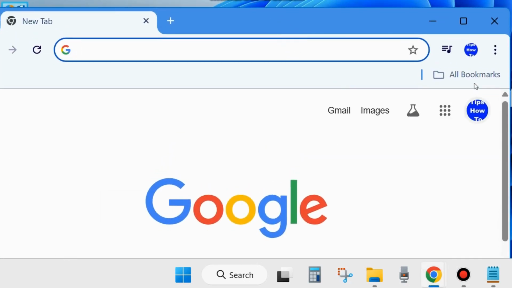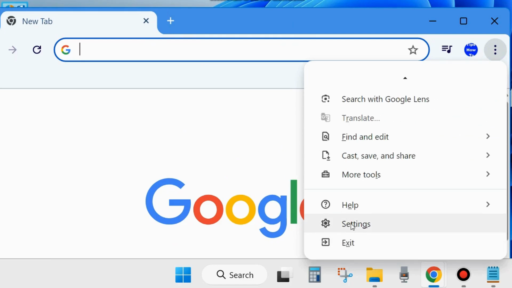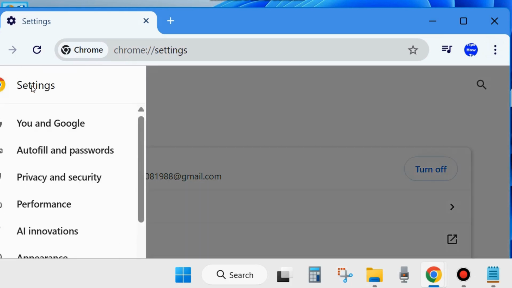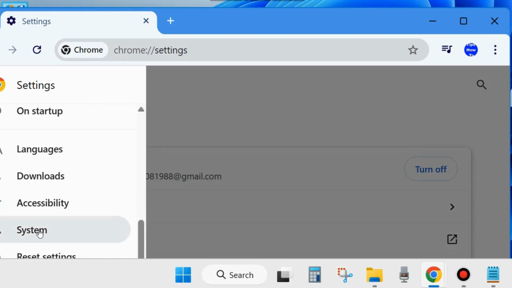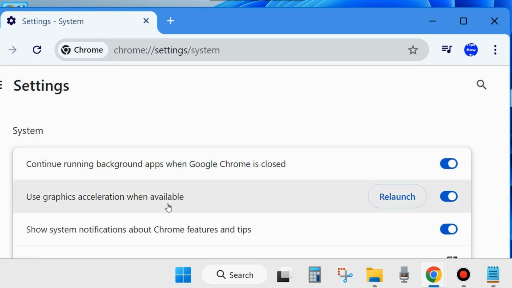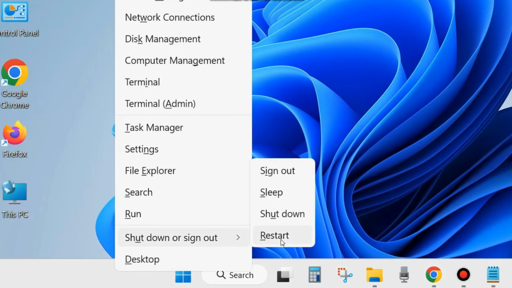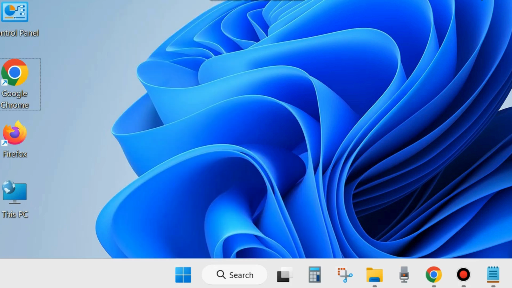Again open Google Chrome browser and click on the three vertical dots against the top right corner and choose settings. Here click on the three horizontal lines against the top left corner and scroll down and go to system settings. Here you will find the option use graphics acceleration when available. Disable this feature. After disabling, close the windows and restart your system. Your issue of Chrome not enough memory to open this page